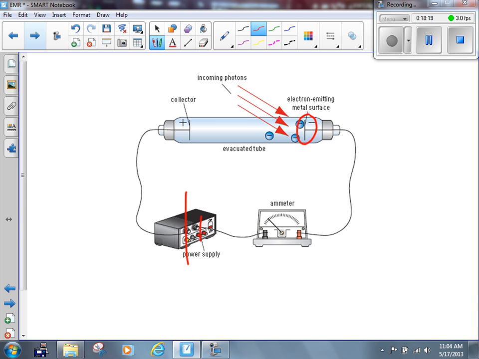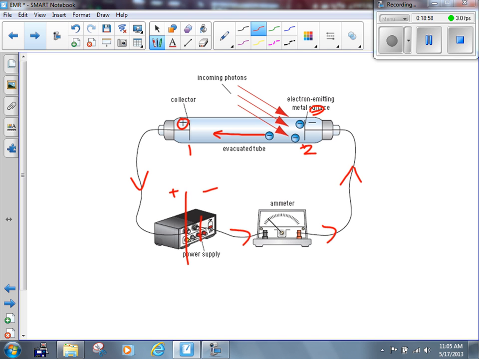Well, let's set up an experiment that we see up on the board here right now. We've got a power supply set up with a positive end and negative end. That causes a positive electrode over here and a negative electrode over here. We're going to shine photons that we know are above the threshold frequency because electrons are ejected. So let's get a really, really high frequency, cause the electrons to be ejected. Those electrons are ejected from this metal surface over here on the right-hand side, metal surface number 2, we'll call it. They're attracted towards metal surface number 1, the collector, and they're going to go around here.